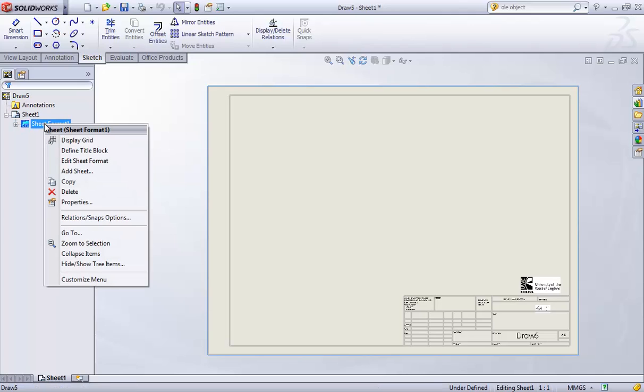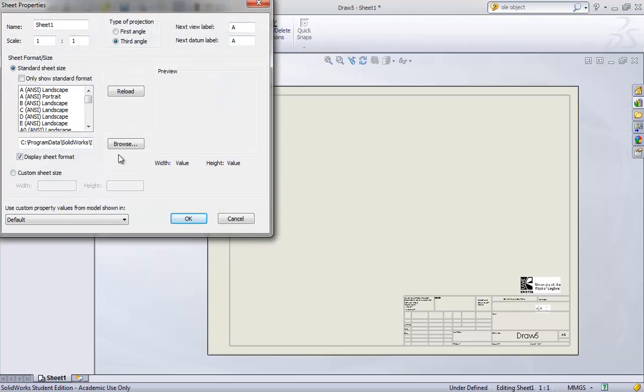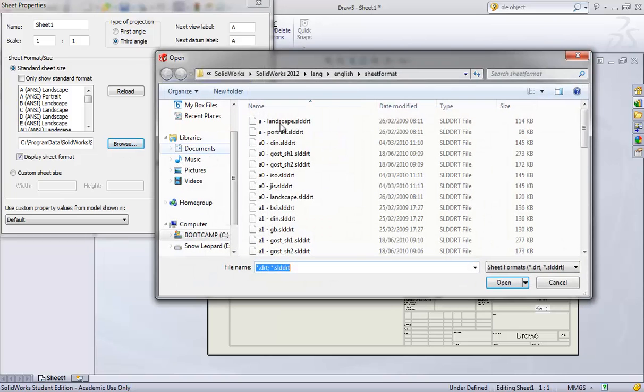So once you save your sheet format, you can save it anywhere, wherever you like to save it. If I go right click properties, and I'm pretty sure it will allow me to, from here, browse into, these are the other sheet formats available. As you can see, by default it goes into the database on SolidWorks on your local drive. So I want to